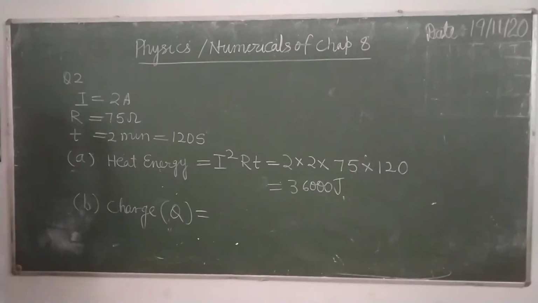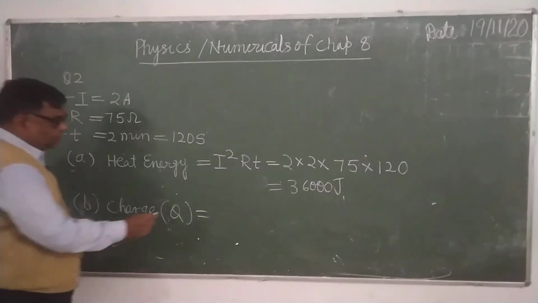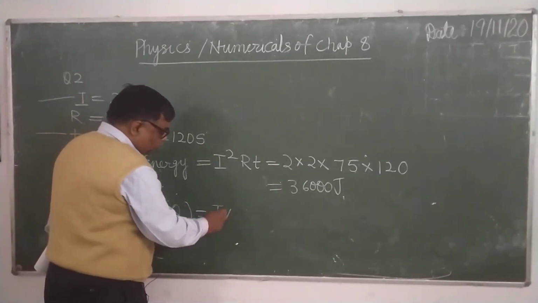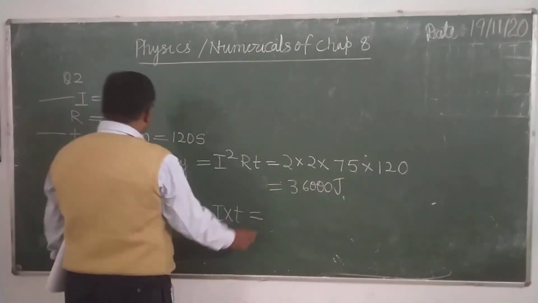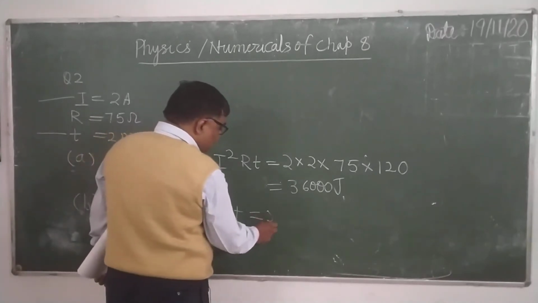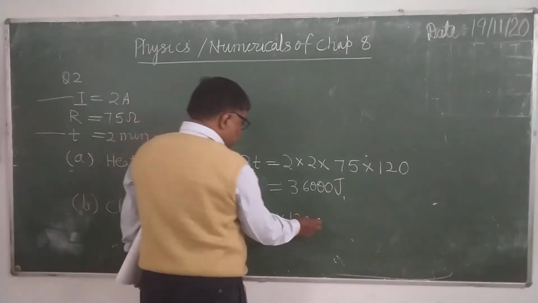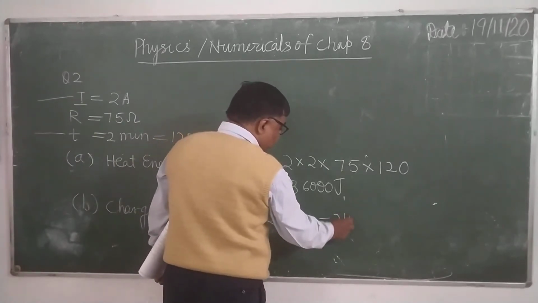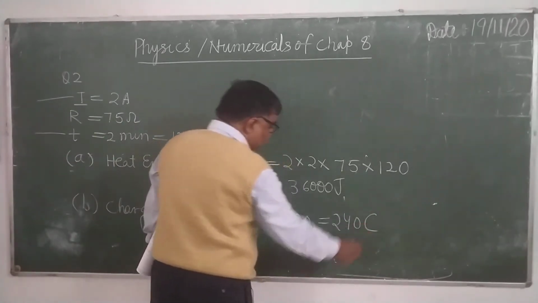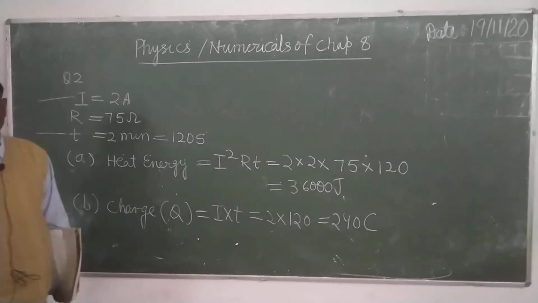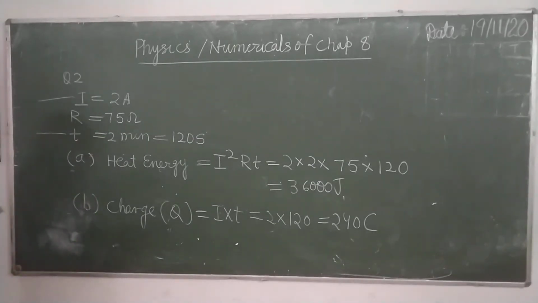But here you have to apply it according to the given things. I into T. Q equals to I multiplied by T. So this is I into T. It's clear? So all of you remember the formulae also. You write at one page and remember that. What is the unit of charge? It is Coulomb. It is clear? Yes, sir.